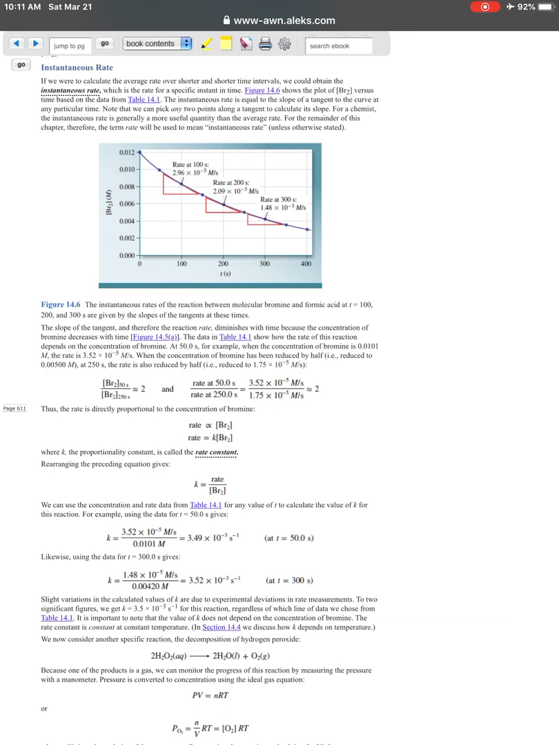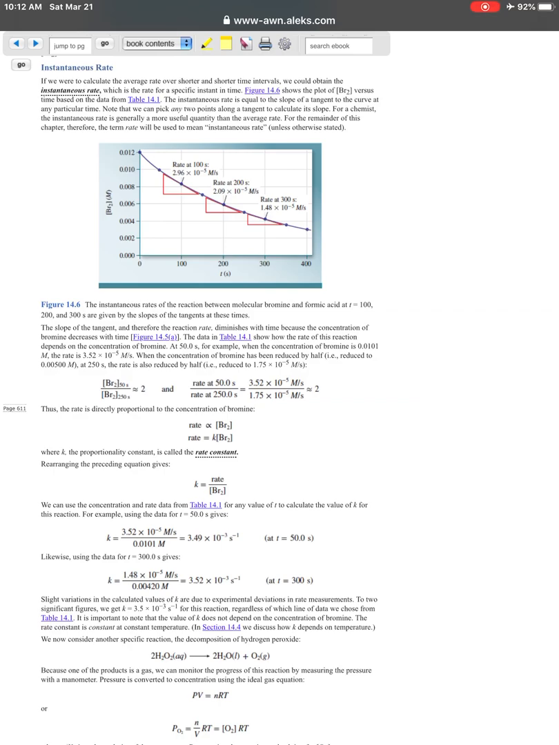Then they say, what's the rate at any point along that curve? What they did was they said, okay, I want to know what the slope is, or I'm sorry, I want to know what the rate is at 100 seconds. So they drew a straight line that barely touches that point and doesn't touch any other points along the curve. So that's the red hypotenuse of the triangle. So at 100 seconds, at 2.96 times 10 to the minus 5 molarity per second, that's